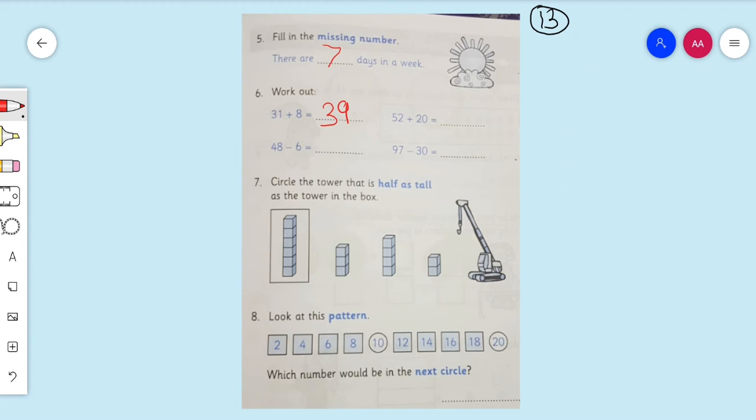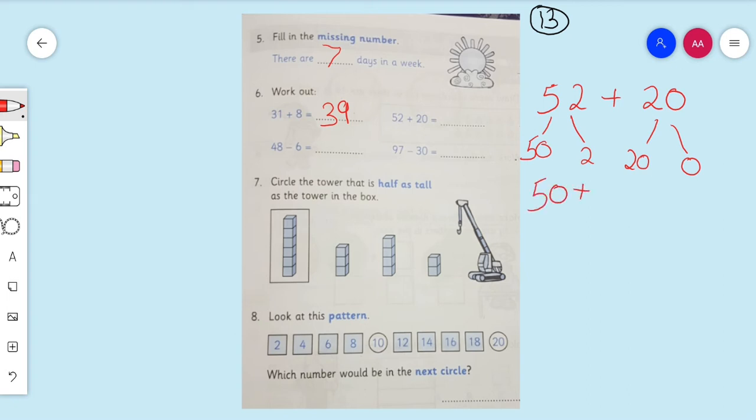We can do this one a different way, because there's another method we can try. So we write 52 plus 20. In 52 there are 5 tens and 2 ones. In 20 there are 2 tens and 0 ones. So we do